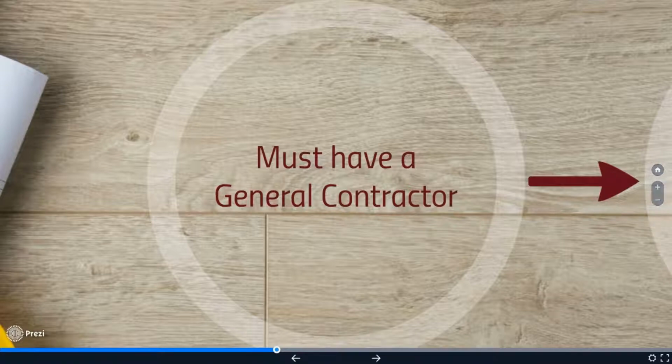So the number one thing, first off, that we're going to start is we really want to have a general contractor involved. In fact, I will go as far to say I don't just want, we require a general contractor involved. If you have experience in the industry and you want to do it as an owner builder, talk to us and let us look at what your justification is behind that. If you've been a general contractor and you're looking at building your own personal residence, we would love to have a conversation about that. And if you can justify to us why you want to do it as an owner builder, that you've been in the industry for a long time and you have the experience,